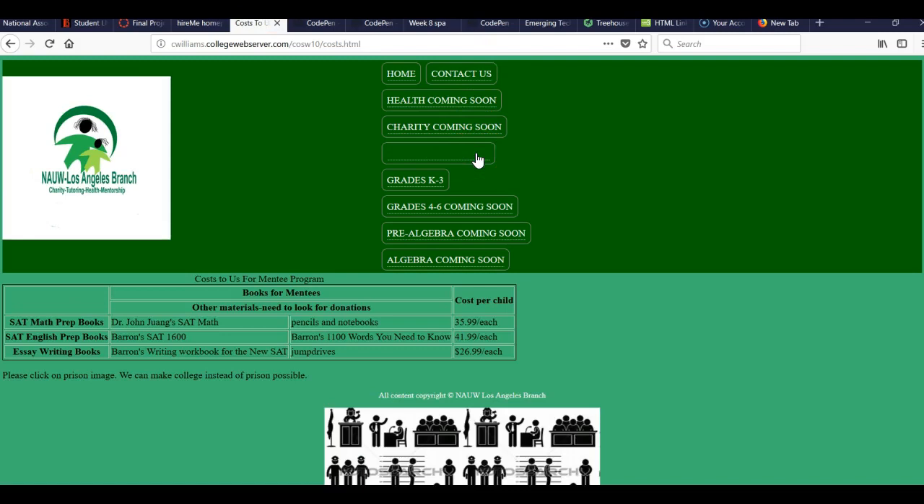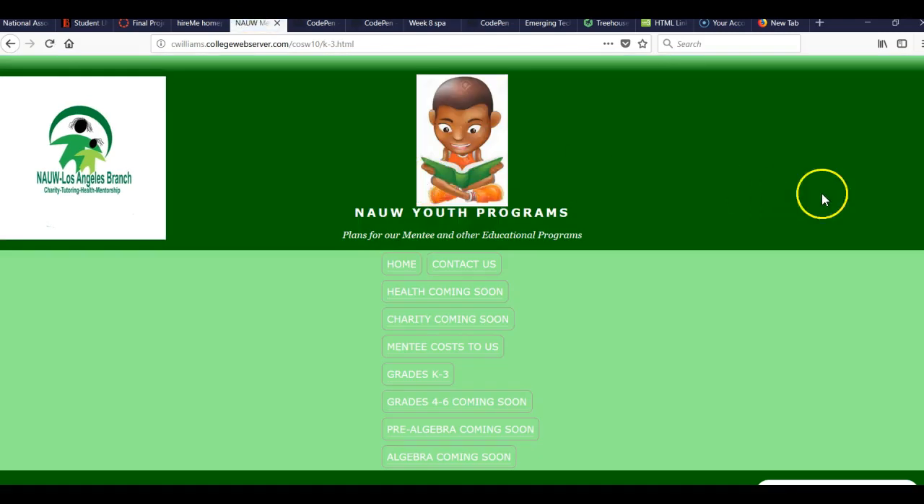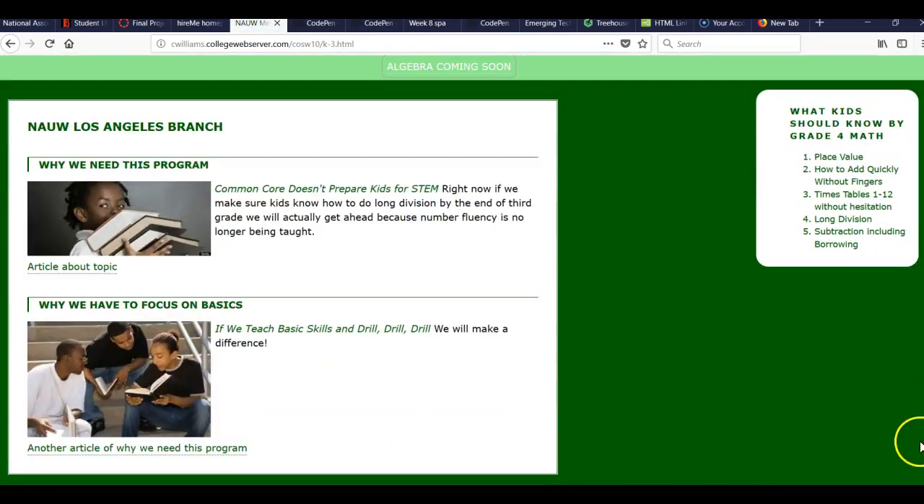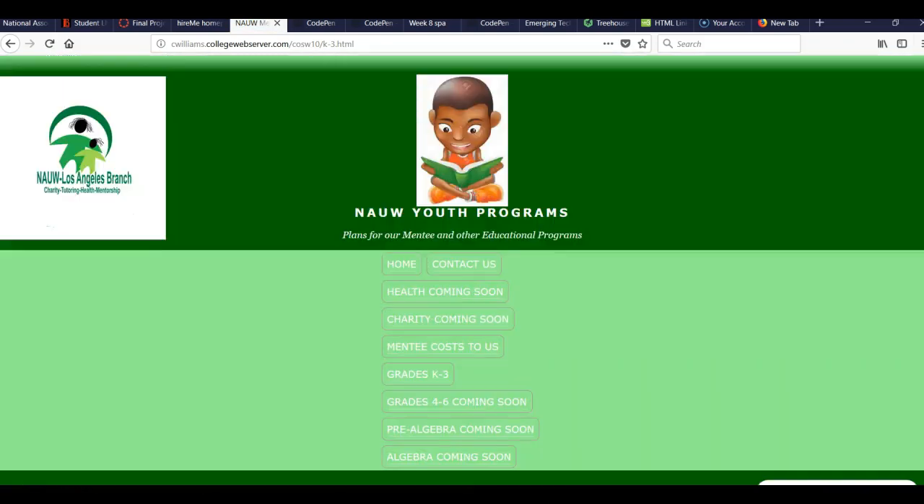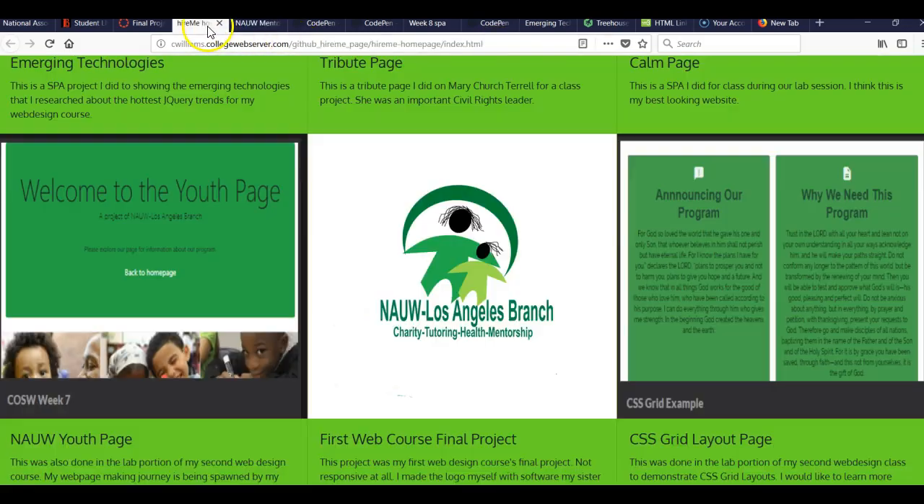And then I did this page. So basically, I did the best that I could, but I didn't exactly understand that every page should have had this logo. So anyway,